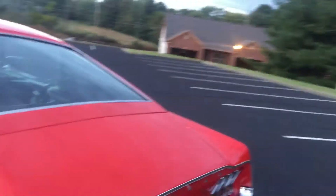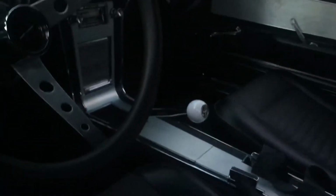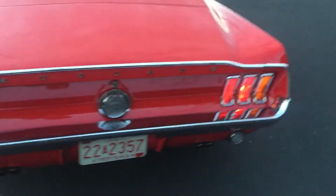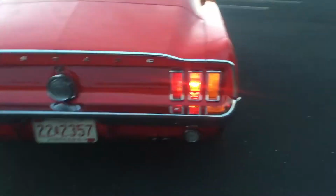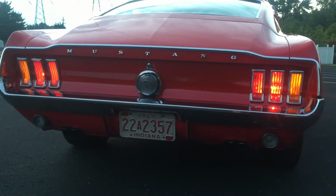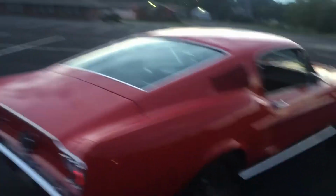I actually have put the export rear taillights on this. Let me turn that on, with the amber turn signals. I have them all on my car, so I just went ahead and put them on this. What the hell? I can always change them back out later. But this is the walk around of my car,